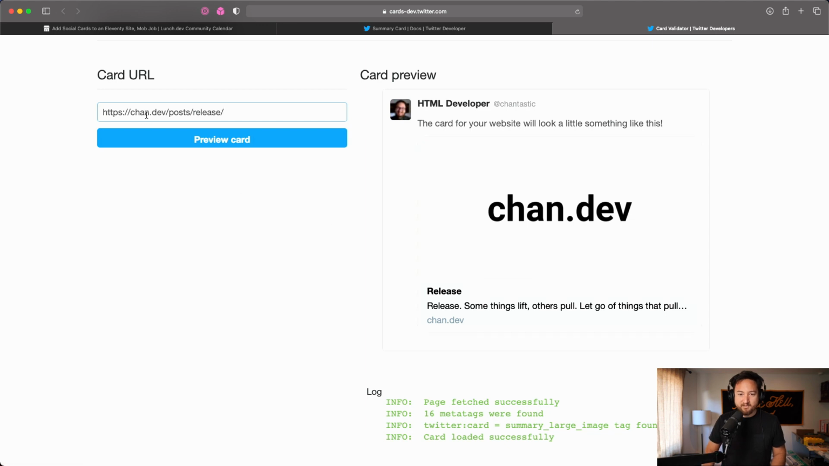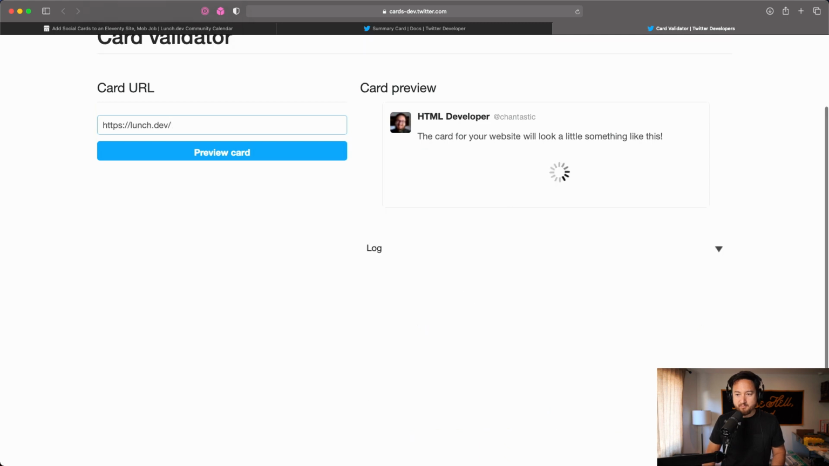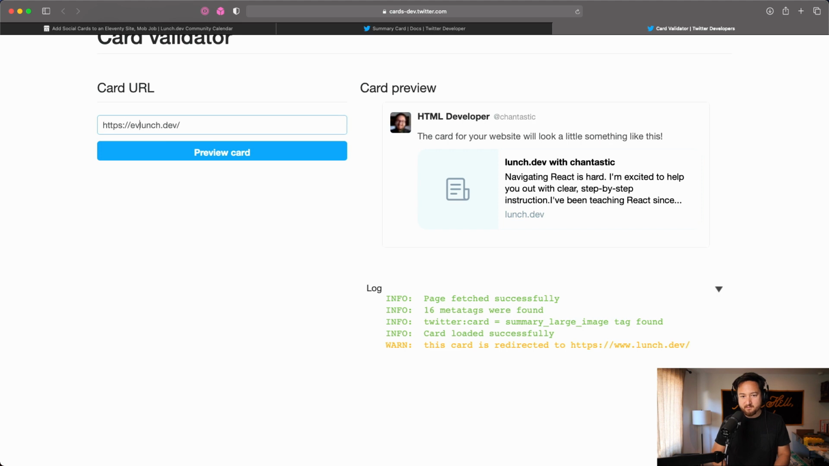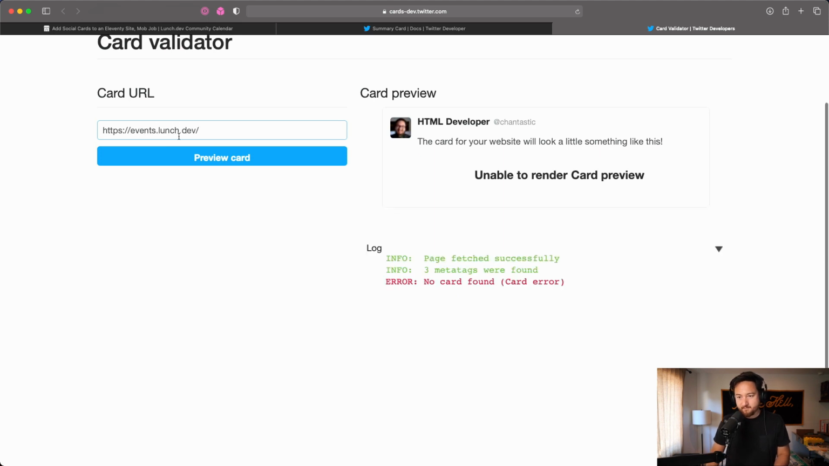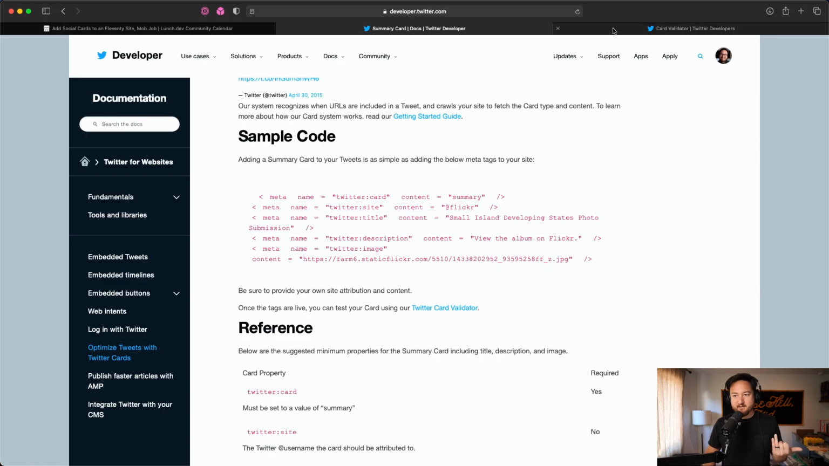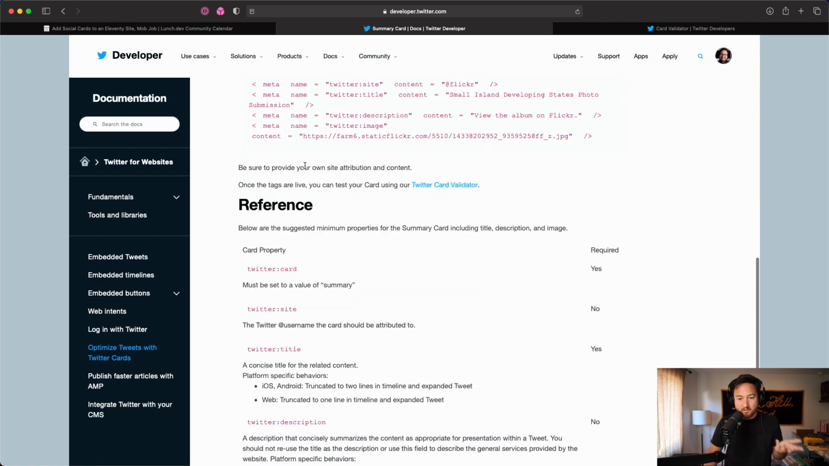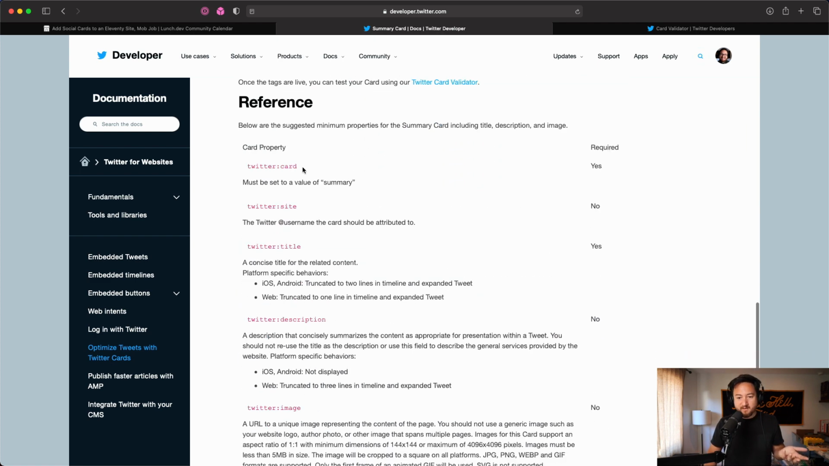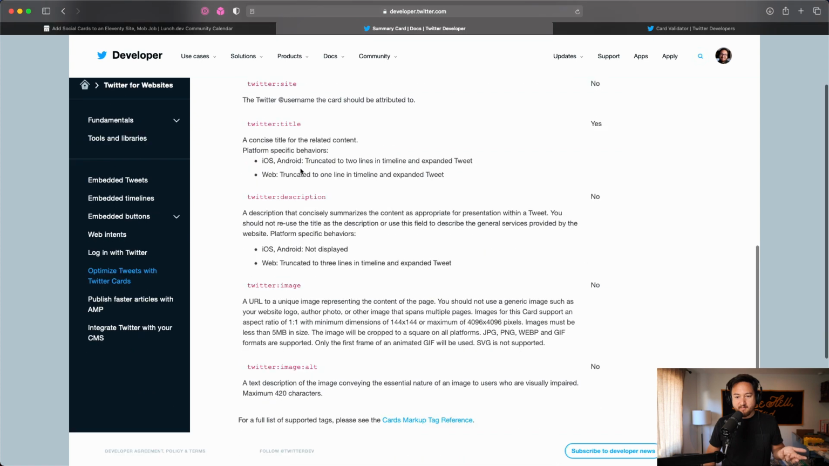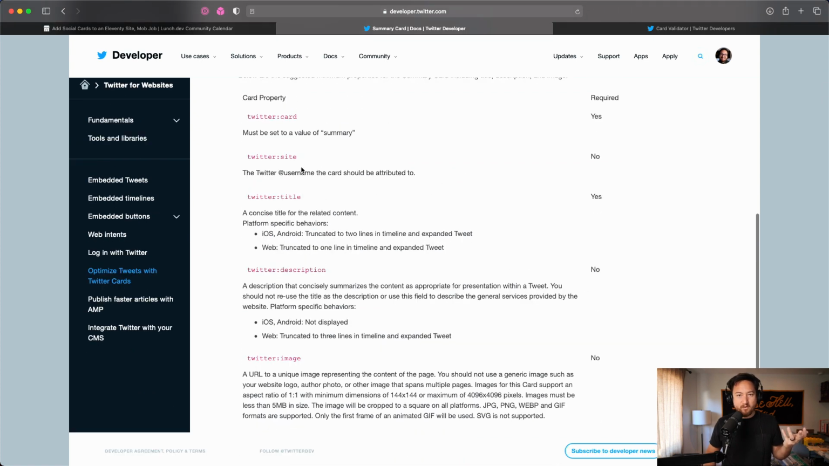Cool, we'll leave that open for now. Right now, let's see what we're getting. Probably nothing. Oh, wait, not that one. Events. Okay, unable to read card preview. It has 3 meta tags, but there were no card meta tags, so Twitter doesn't yet know how to render this as a card preview. We're just going to add some of the most basic ones that we need for an